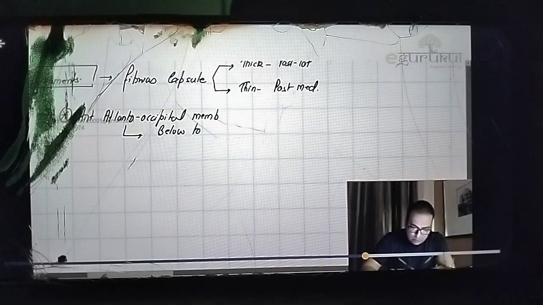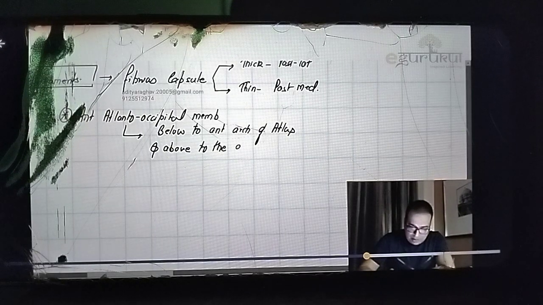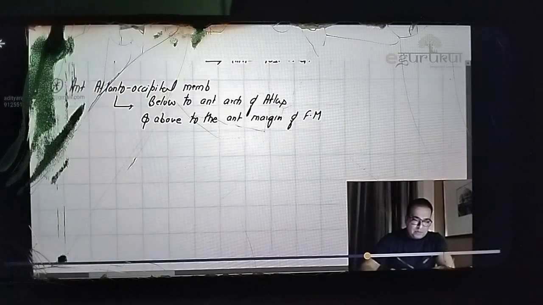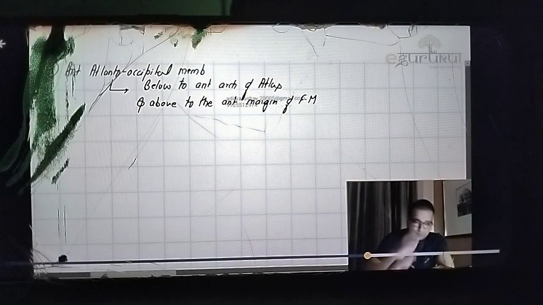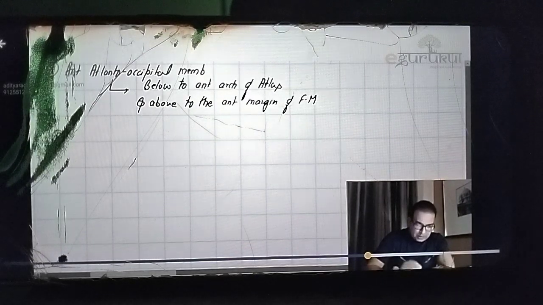So this atlanto-occipital membrane is attached below to the anterior arch of atlas. This is just for you to make the notes. Anterior arch of atlas and above to the anterior margin of foramen magnum. You can say anterior margin of foramen magnum, which is made up of the basilar part of occipital bone. It is the same thing. That was one support. Right? That was one support. Another support is from the posterior side, and that is what? That is the posterior